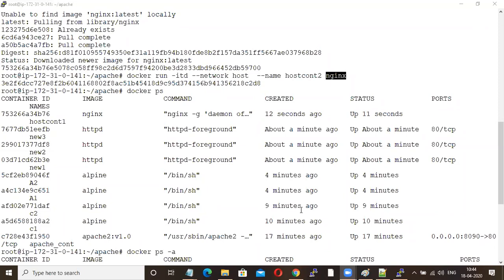Whereas in host network, there won't be any isolation between your container and your host machine. You are directly communicating to your host machine. So if you are launching one container with Nginx, the default port number is 80, so your 80 port is already blocked. If you are launching another container with 80 port, then you cannot launch it. Understood or not, Shakti? Any other doubts?